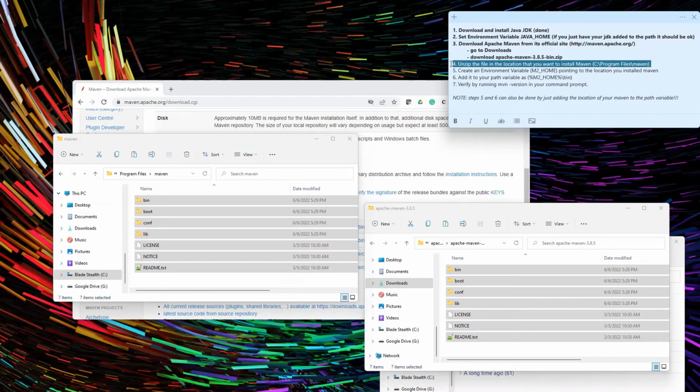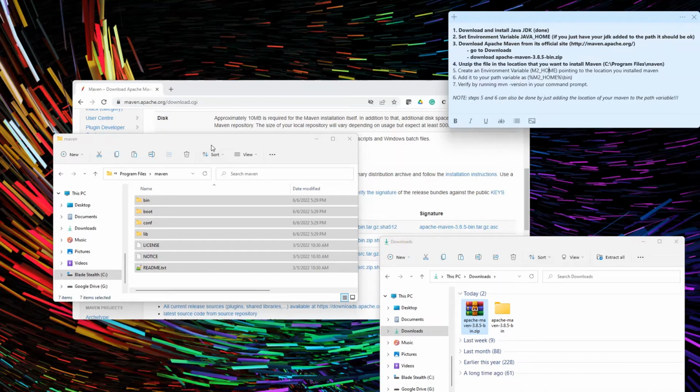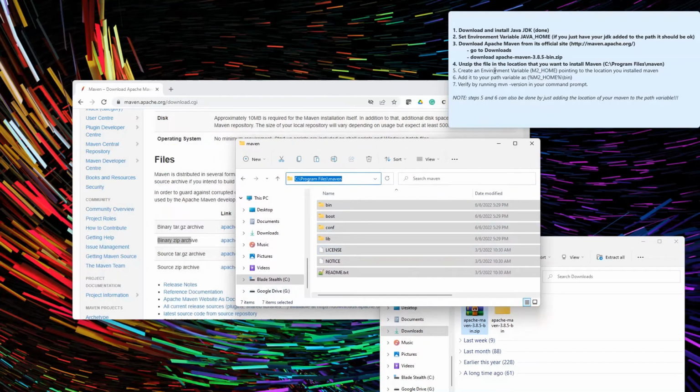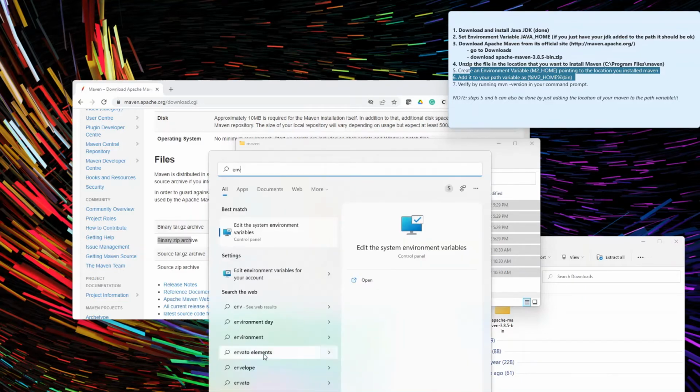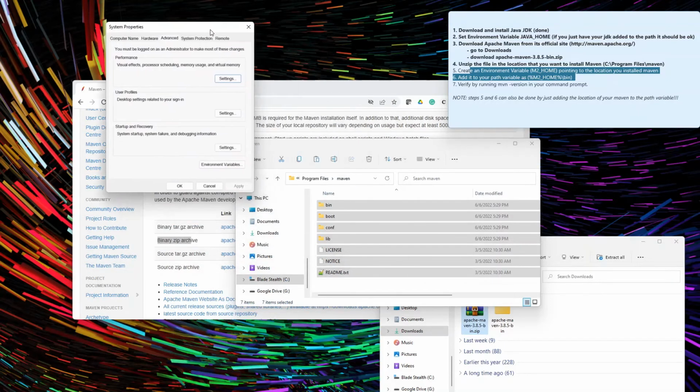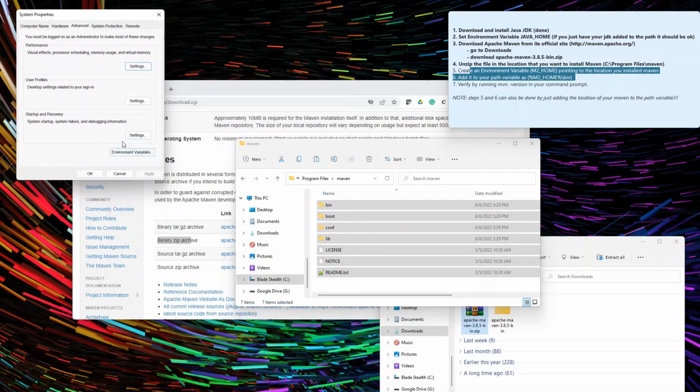Now we have completed step 4 by pasting everything that we got from Maven into our location here, which is C program files Maven. All right, now the next step here is we need to create the environmental variables for Maven as well. Now we can search for env, environmental variables here, and we can go to edit the system environmental variables. This will take us to this system window here,